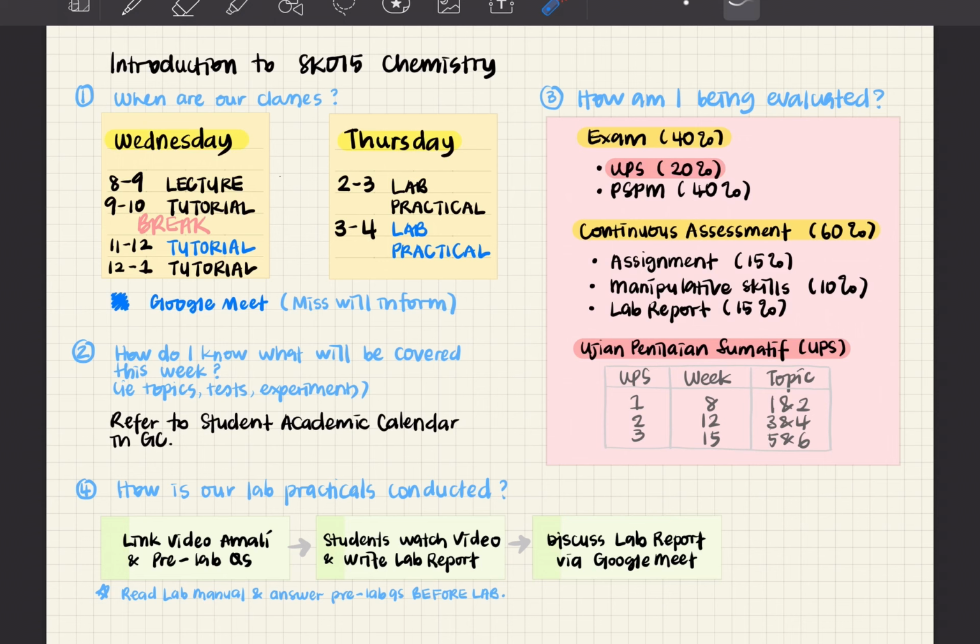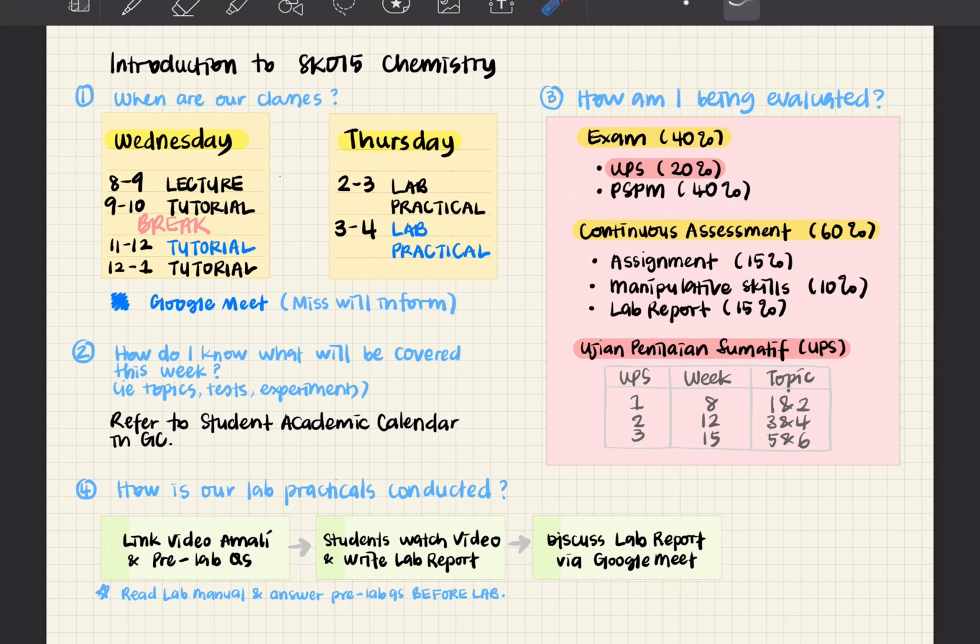You have to read your lab manual, which is the red one. I've uploaded it in GC. It's the red cover book, the lab manual too. Read through it to understand how our lab session will proceed. And then you can write your lab report according to section 4.3 if you look through your red lab manual.